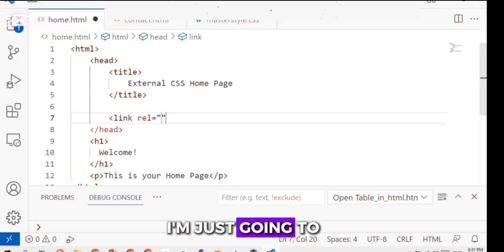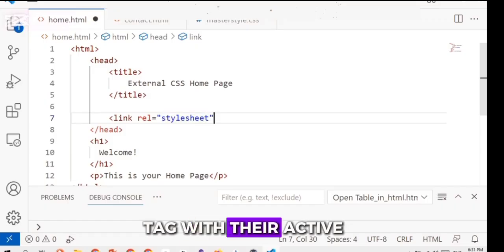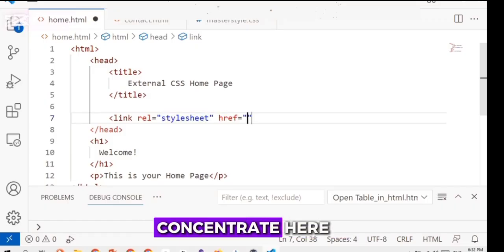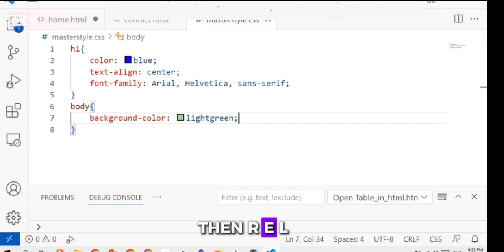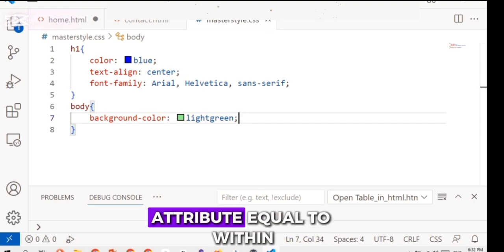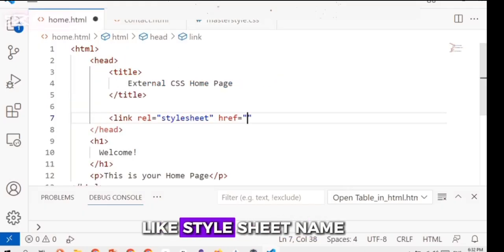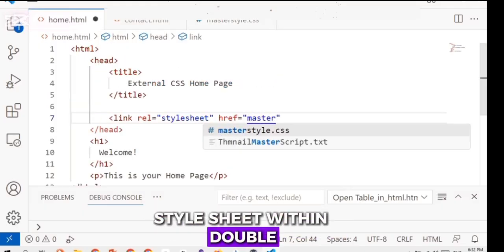I'm going to open the home.html document. This line or tag with its attributes is very crucial, so concentrate here. First I open the link tag, then rel, which is reference link, attribute equal to, within double quotes, stylesheet. Exactly, you have to write stylesheet within double quotes.